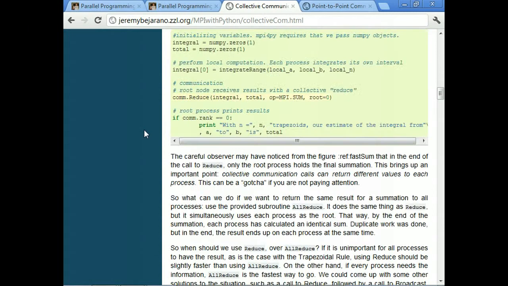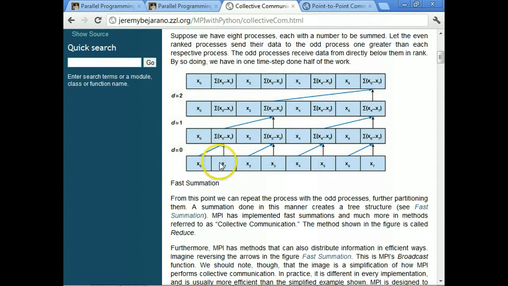AllReduce, instead of just taking all of these numbers and reducing them to 1 point, will reduce them to 1 point, but each process will also have the value for that.